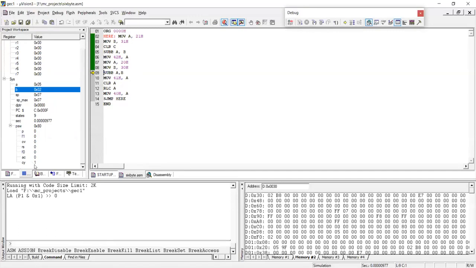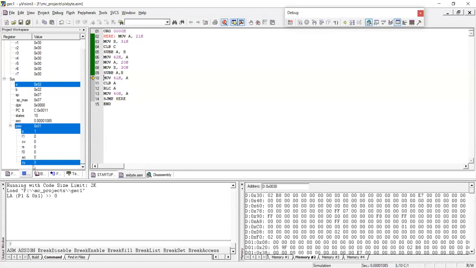The carry bit is also set to 1, so A minus B minus C, and the result is stored in the accumulator. We get 02, and the carry bit is set to 0.